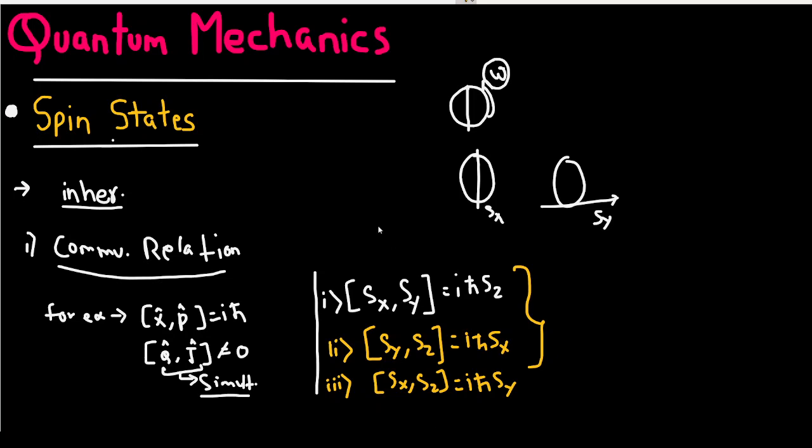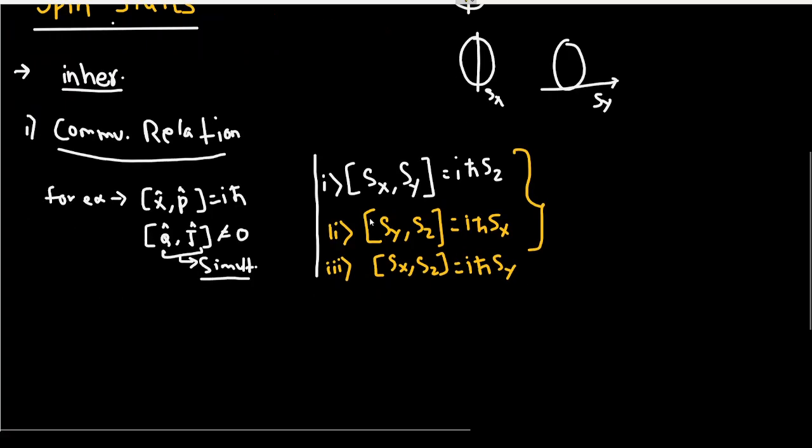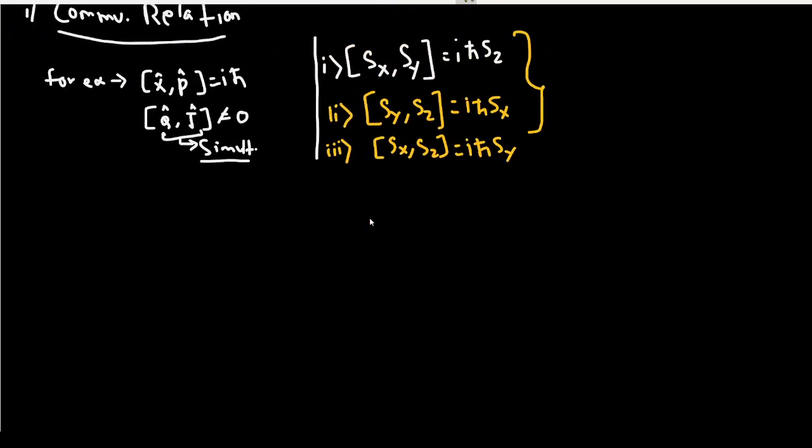So these types of things we are going to study in the next video. But now this is only some of the theory. So now let's write the topic that there is a commutation relationship between the spin measurements, just like the position and momentum. Now, there are also some eigenstates and eigenvalues that are related in these things, but